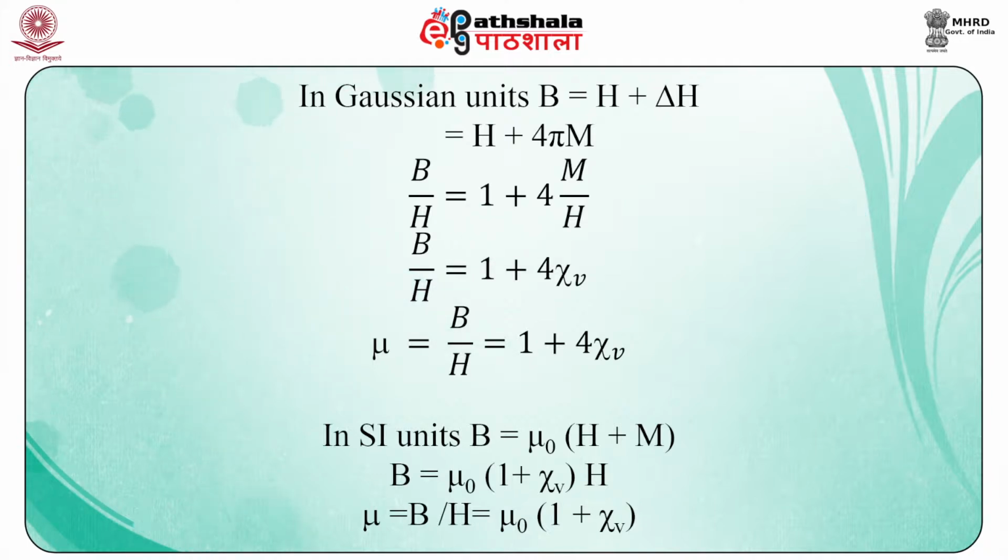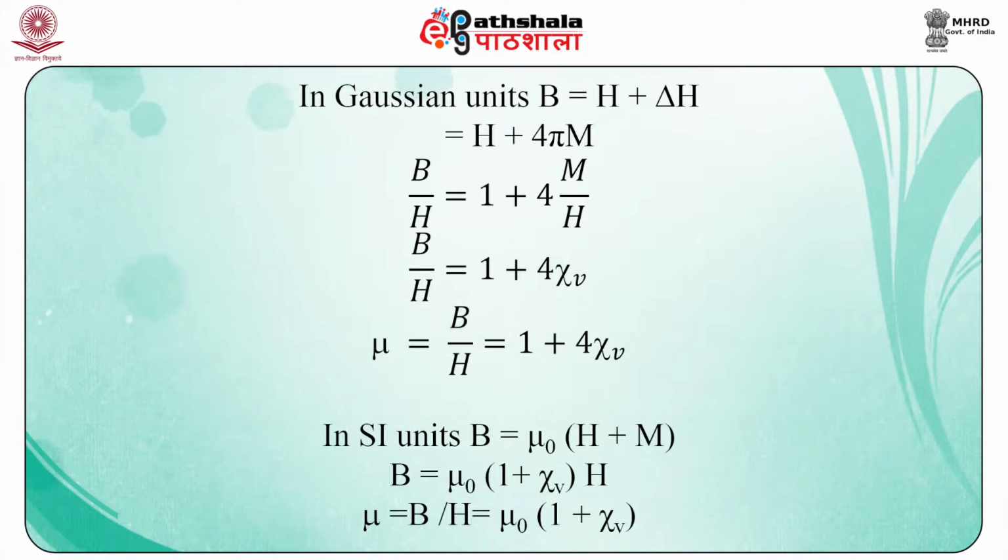So the magnetic induction B is given by B is equal to H plus delta H, that is equal to H plus 4 pi M. That becomes B divided by H is equal to 1 plus 4 pi M upon H. That gives mu is equal to B upon H, that is equal to 1 plus 4 pi chi V,